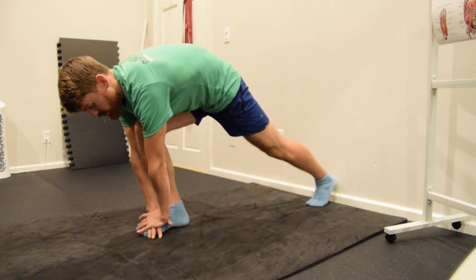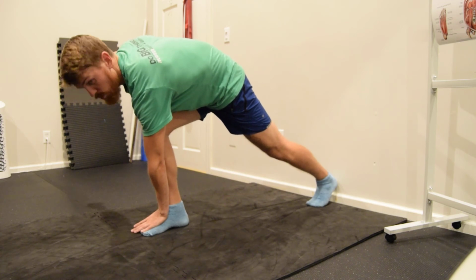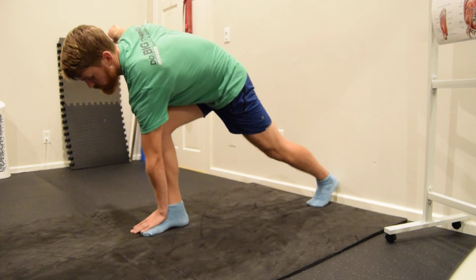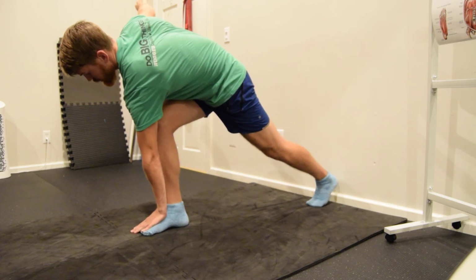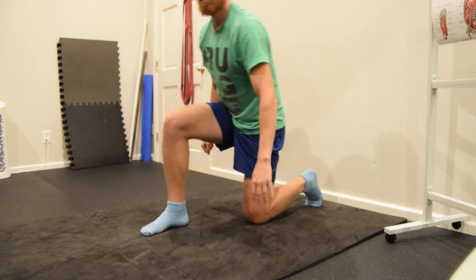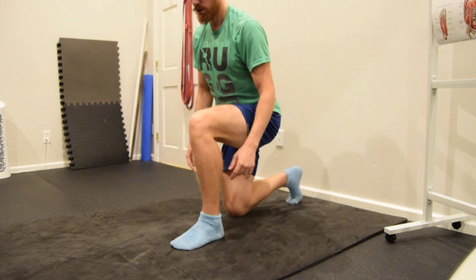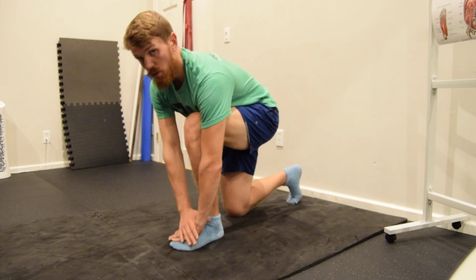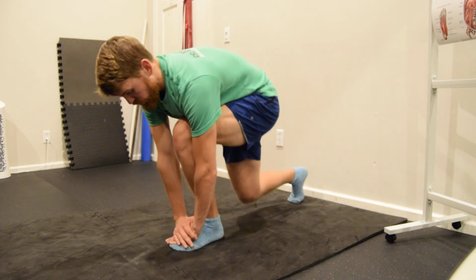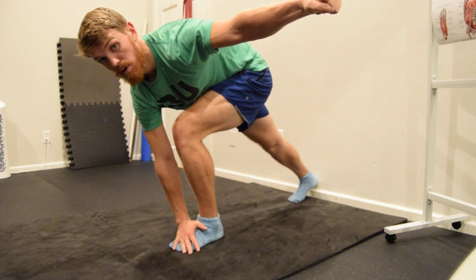If I want to challenge myself, I'm going to take my right arm, reach it out to a T, and I just hold. At the same time, I'm trying to encourage my rib cage to rotate right. Then I come down. Then you do the same side. Here I lean, both hands down. I'm going to pick up my back leg, touch the floor with it, do it again, pause, reach my left arm out, hold,